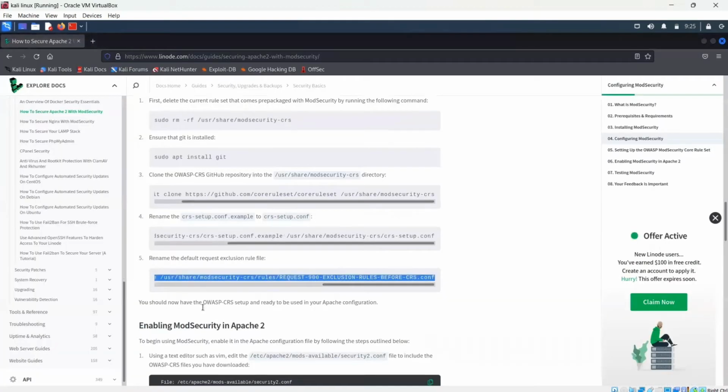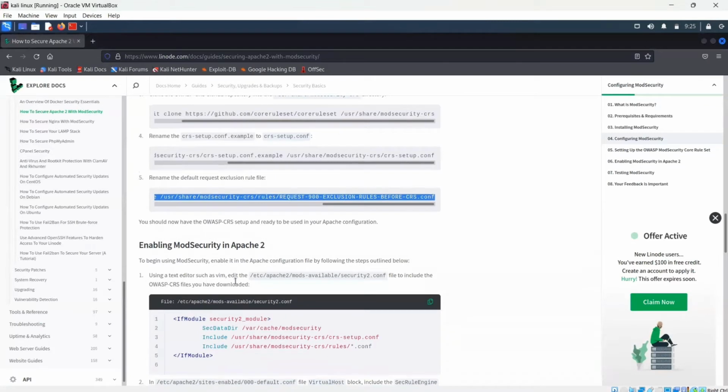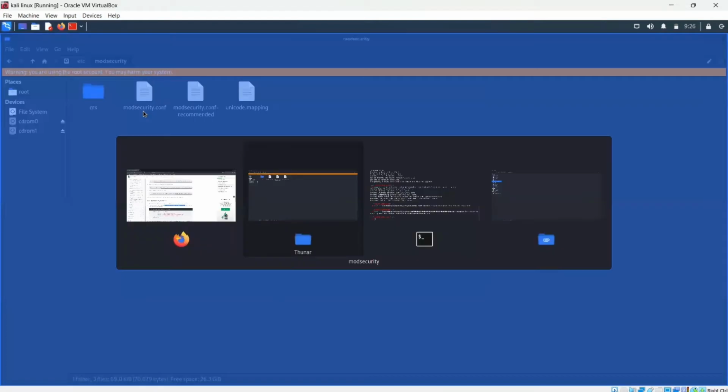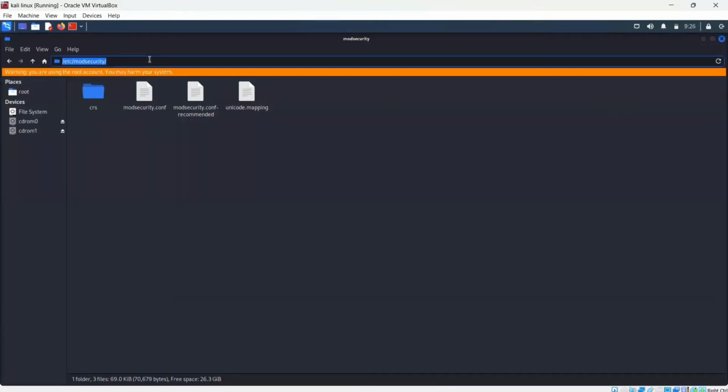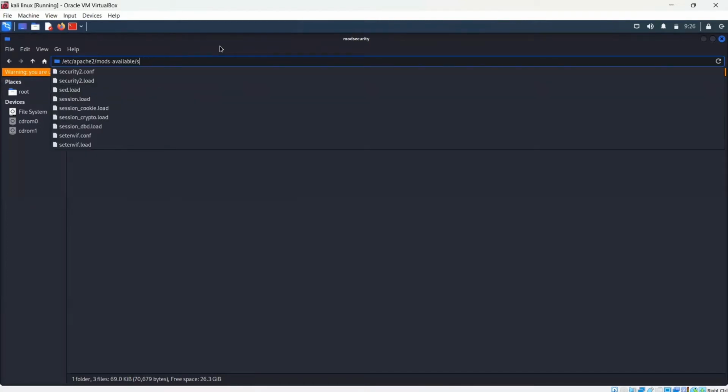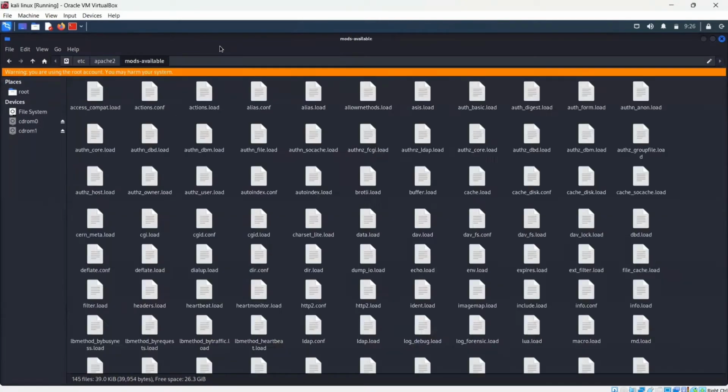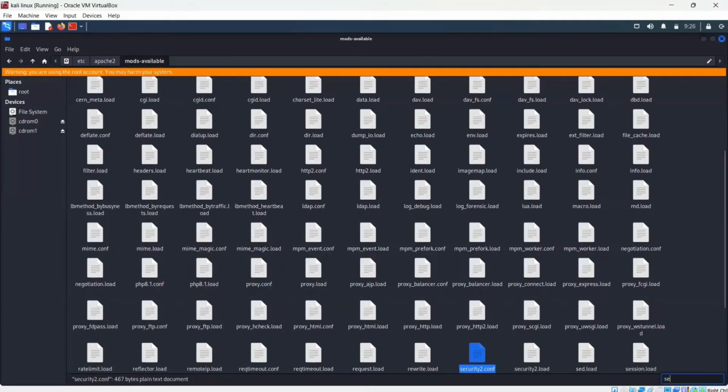Okay, the rules moving is completed, and we should enable ModSecurity in Apache2. So we are going to that folder. I always prefer the mouse editor, so I am going to the file manager and opening that file. That is in the etc/apache2/mods-available folder, security2.conf,